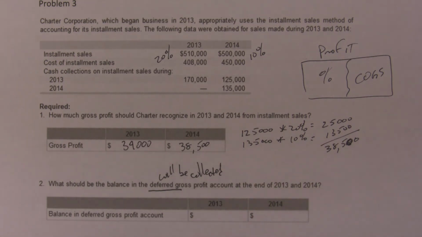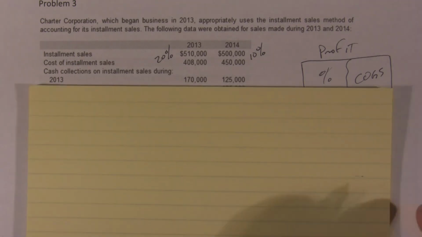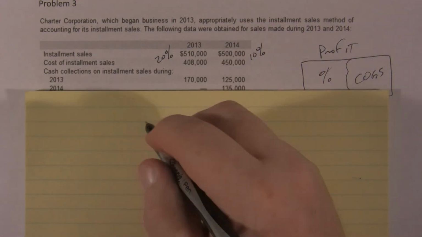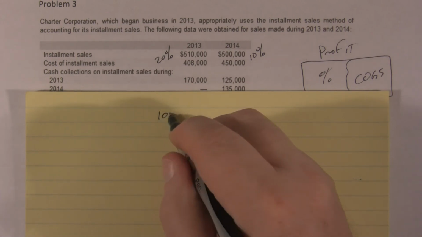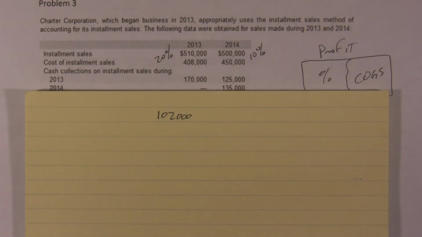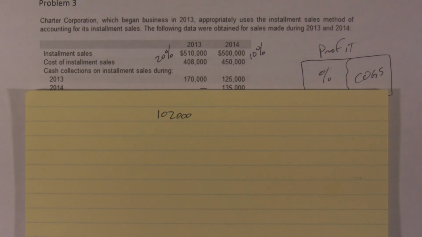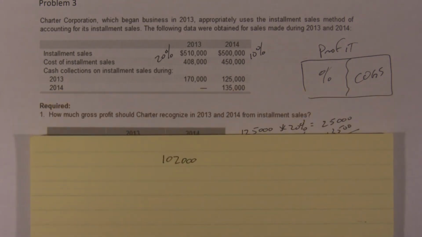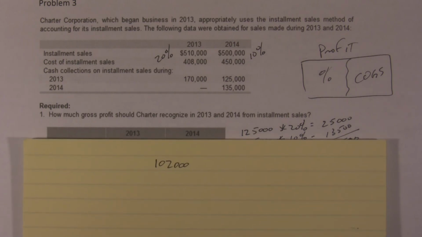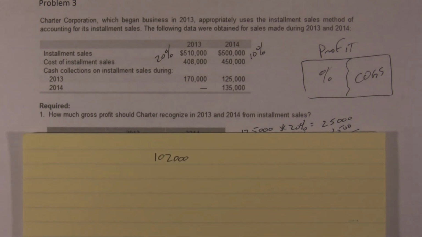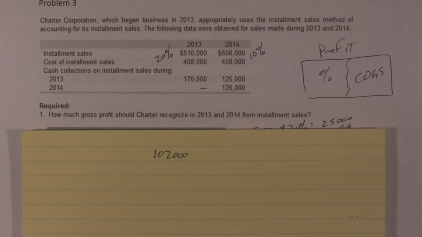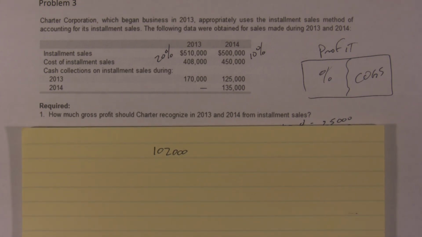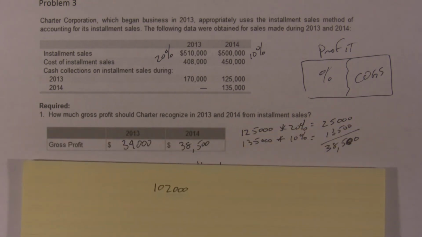So let's take a quick look. For 2013, we know that our gross profit is 102,000. Okay. And we also know that of that, we have to consider how much of the gross profit we recognized in 2013. So in 2013,